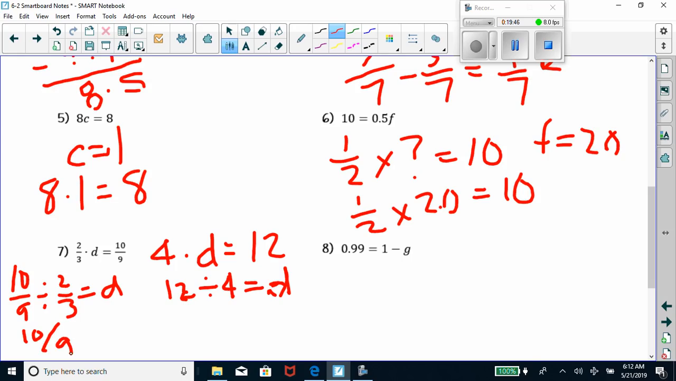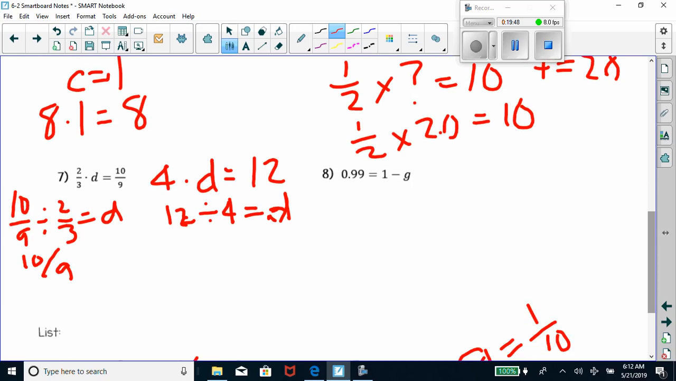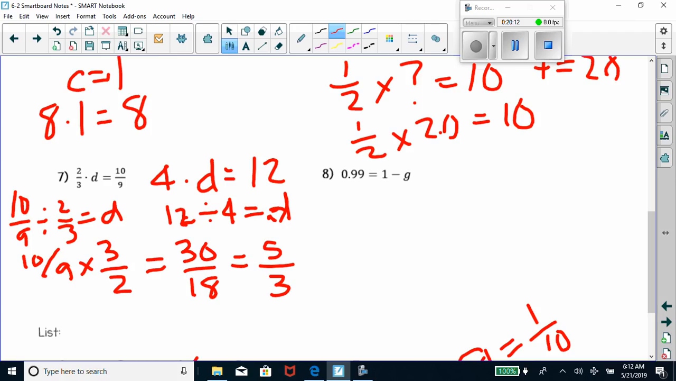I gotta lower this a little bit. 10/9 times 3/2, and that's going to give me, I should simplify, but just because I'm running out of room here, 30/18. I could divide the top and bottom by 6. 30 divided by 6 is 5. 18 divided by 6 is 3. So I get that D is equal to 5/3 or 1